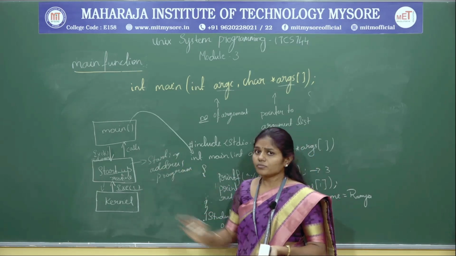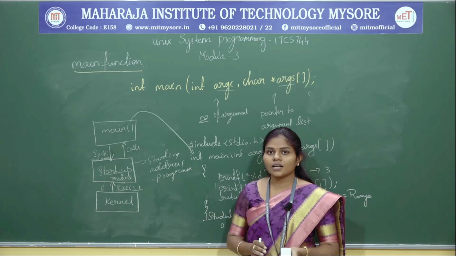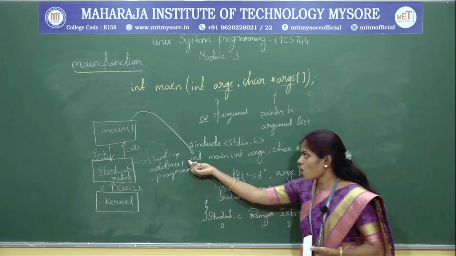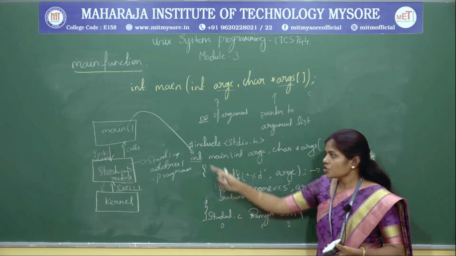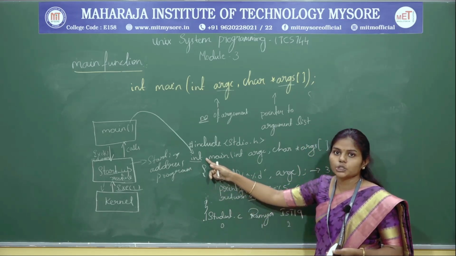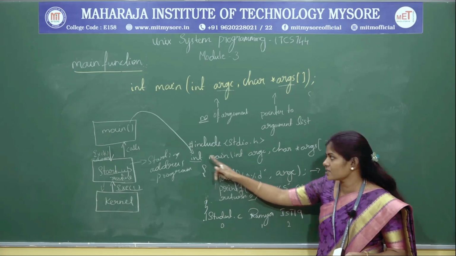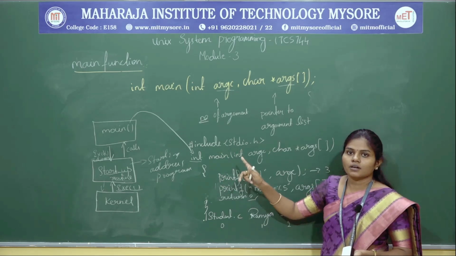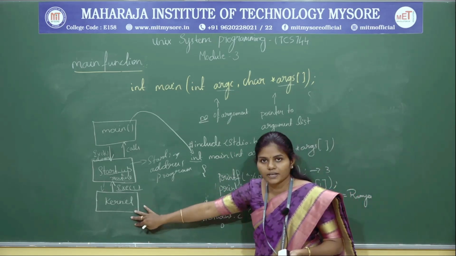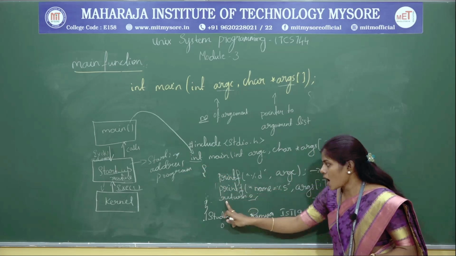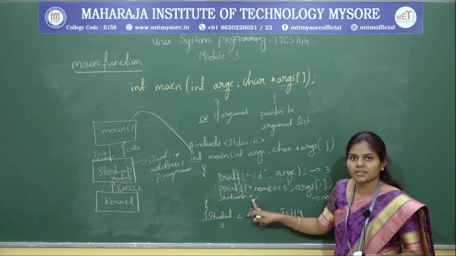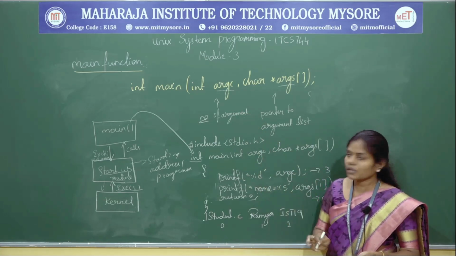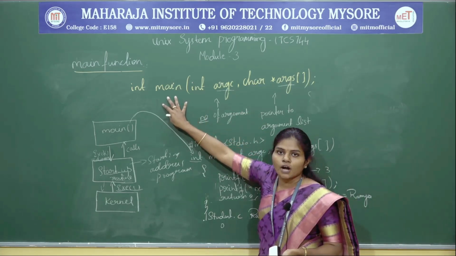So this is how internally the kernel is going to execute the main function. Understood? If you specify the integer, you should return a value to the operating system. The main function is going to return a value to the kernel, that is nothing but the operating system. The integer return either takes the return statement or the exit function. So this was the first topic, the main function.